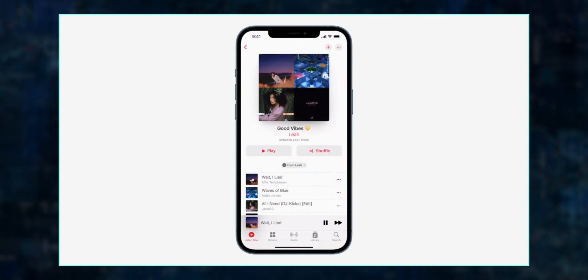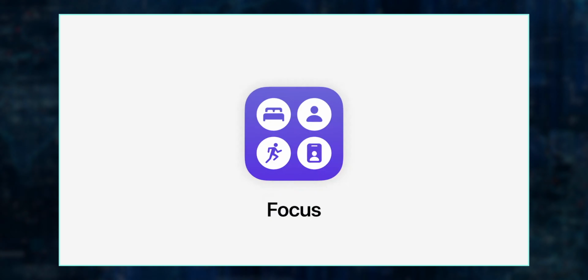Now, if there's something that I really enjoyed about this year's WWDC, it's this new feature that I'm going to share right now. Focus. Apple really focused on productivity, and I love to talk about productivity. I love to schedule my week and my days and see what I can do to organize my day better. So I really enjoyed these new features.